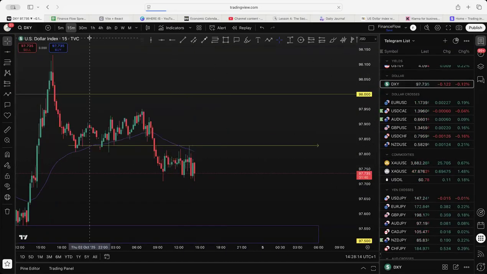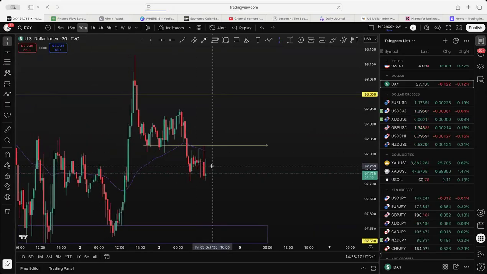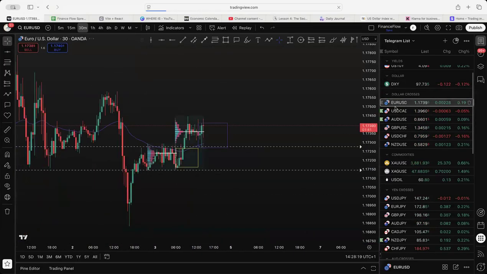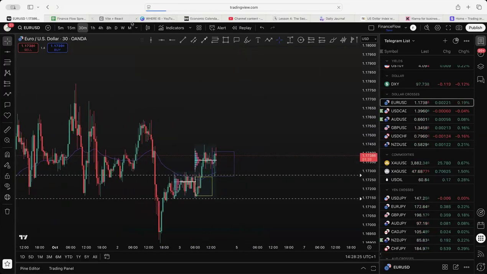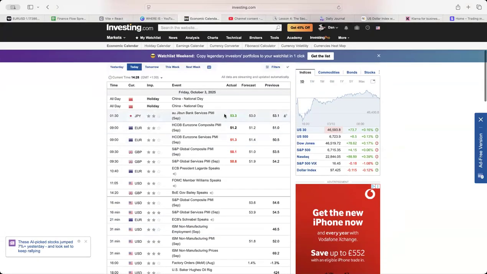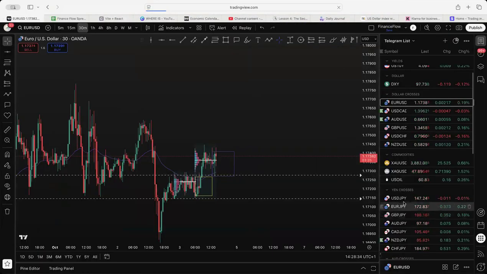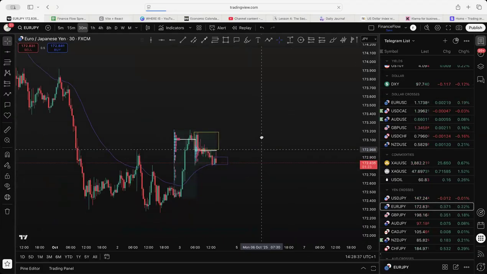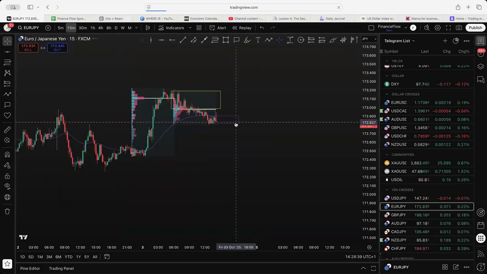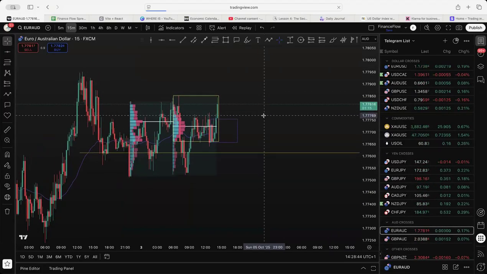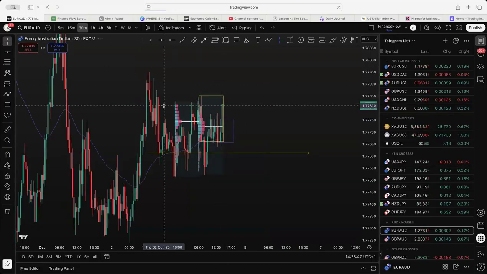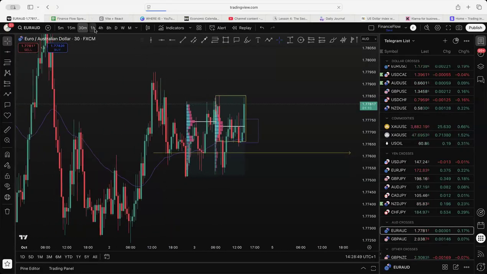So dollar just kind of consolidating at the moment. It does look very, very bearish. I'm not going to lie. Euro is obviously, let's just have a look at previous news, because I think it was all over the place really. Euro was negative, pound was negative. Let's just have a look at Euro JPY, 15 minute. Potentially Euro AUD because that's just pumped. Okay, let's have a look at Euro AUD here. All right, because this could be a complete fake out.